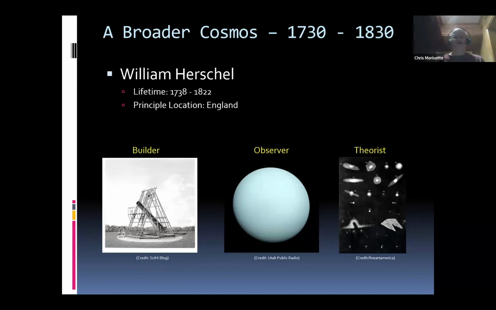And this astronomer was exceptional. Typically, a good astronomer will be a great theorist or a great observer or a great builder. Rarely are they two of these three, and almost never are they all three. And William Herschel certainly was. And you can see if he's going to be going out and really describing the outer cosmos in more detail, his abilities as a builder and observer are key.